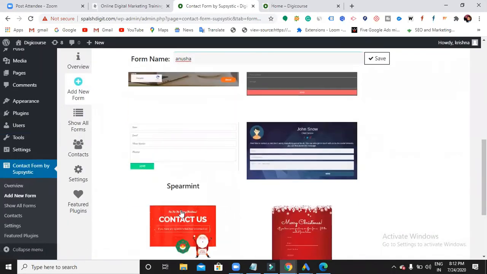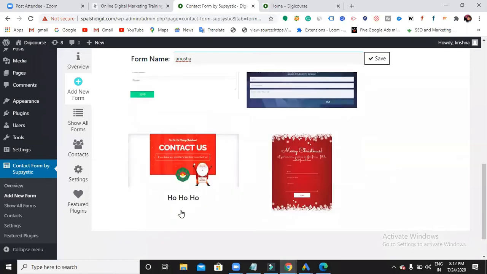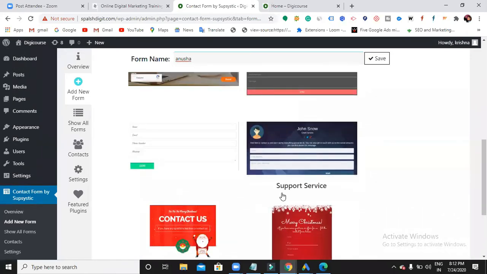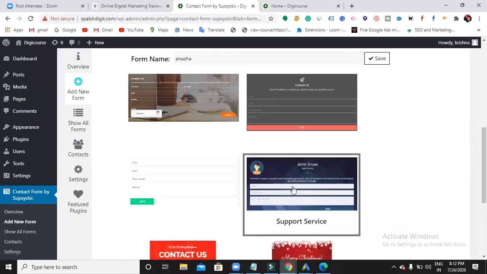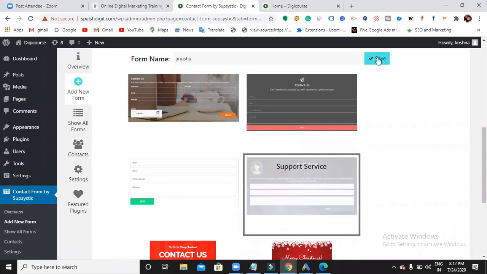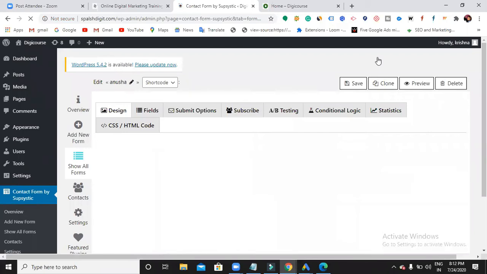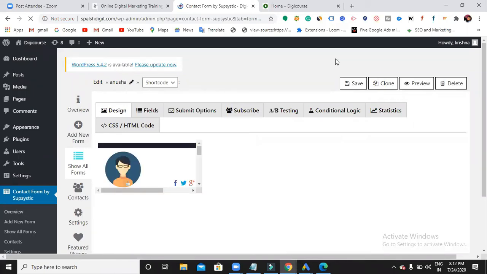Tell me which one should I choose? So let me go with this now. Support service, safe. So now I selected the theme.